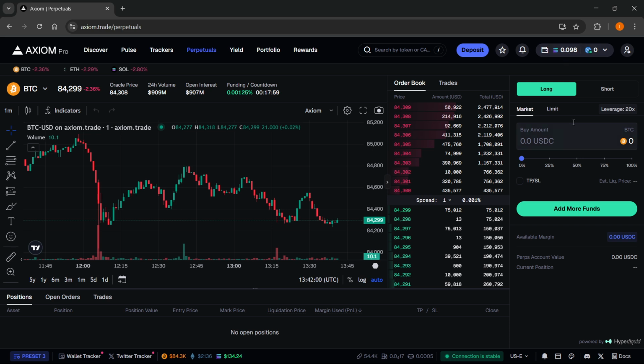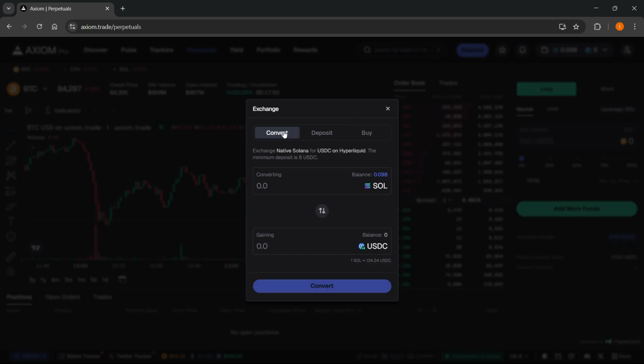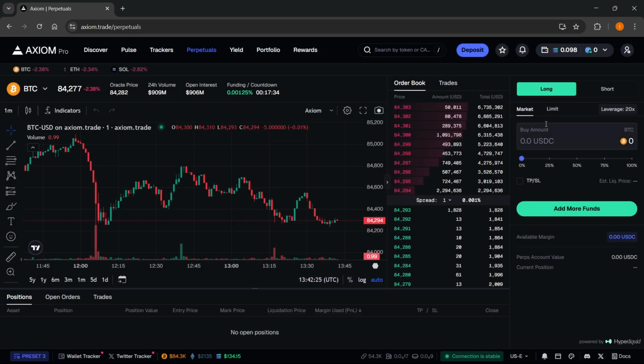So first you will have to convert Solana into USDC, and the way you can do this is you click deposit and then convert up here, and you want to select how much Solana you would like to convert into USDC. Once you click how much, it's going to attempt to get a quote, and after a few seconds you'll be able to confirm it within 15 seconds and swap your Solana for USDC. I'm sorry. So you want to go out here then, and over here you can then start basically just